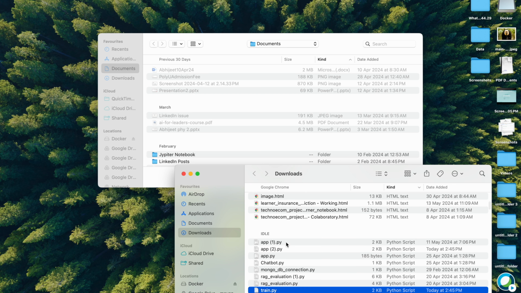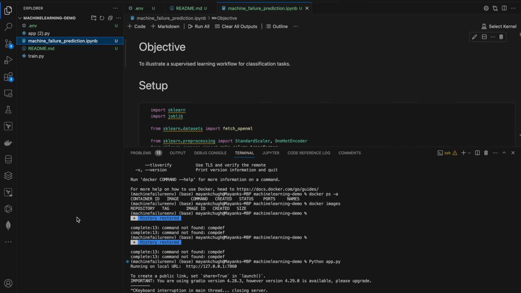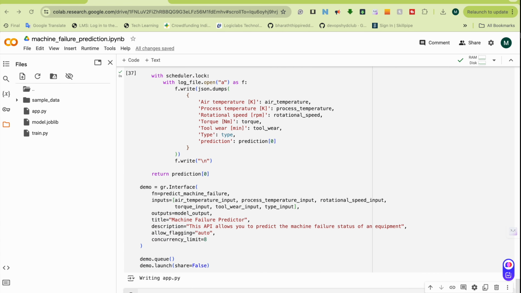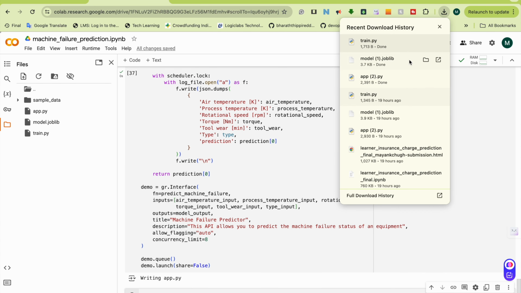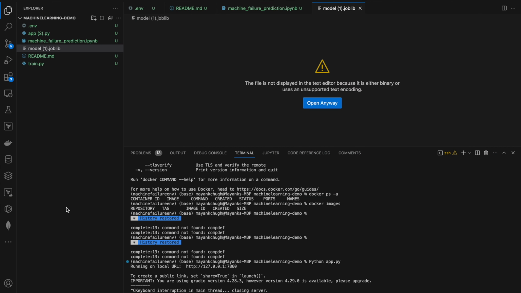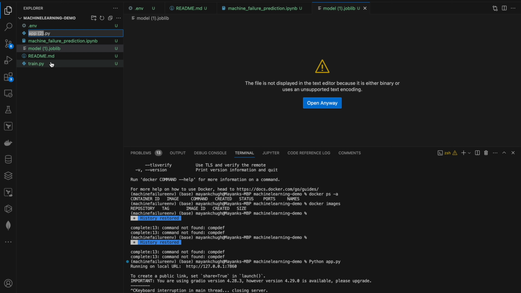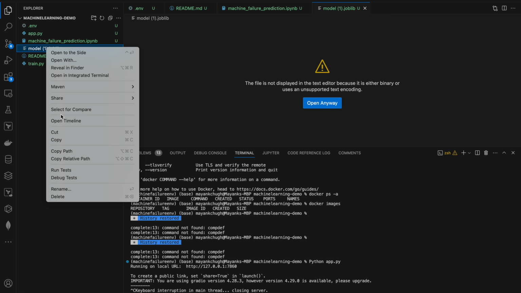So this is this and this is there. I'll copy paste, I just move these files here. And what is the other file? Go to my model file again here. The model file is also there. So now as I have all my files here, let me rename them because the name is not correct. First, I'll run this application in my local, and then I'll run it in my